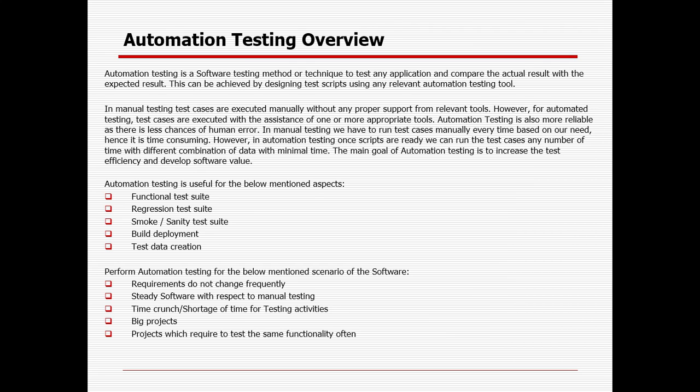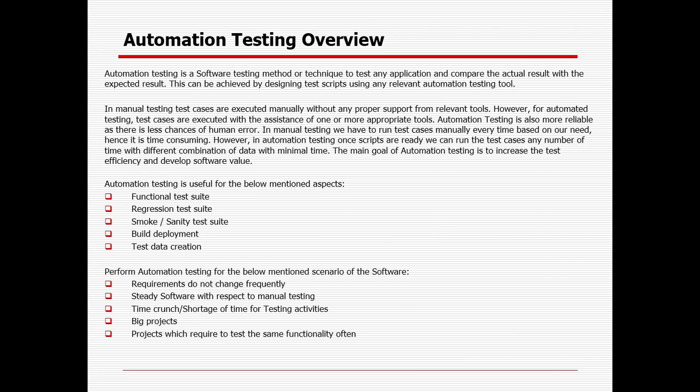But in case you want to go with 10 times, 10 times 10 days means 100 days of effort will be required for manual execution. But in case you go for automation, script development might be 40 days, maintenance might be 5 days, and executing 10 times might be 5 days. So you are totally investing 50 days. So 50 days is your net savings. So definitely you can go for the automation.